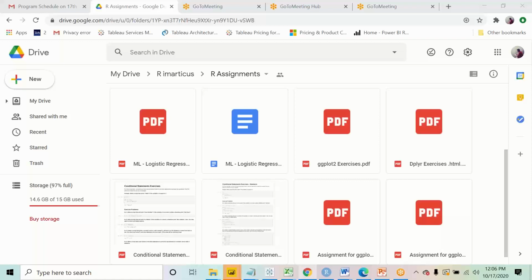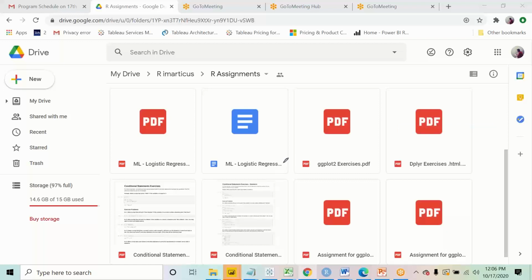Hello, Amit. It's saying that the path does not exist for me. I have downloaded that readxl package and put it in the library, but I'm still getting that the Superstore path does not exist. So what to do?